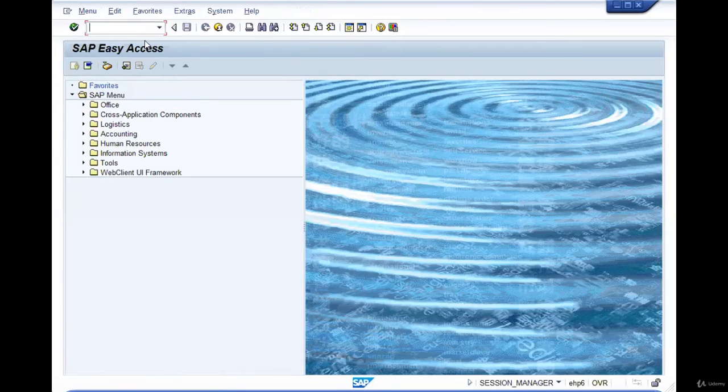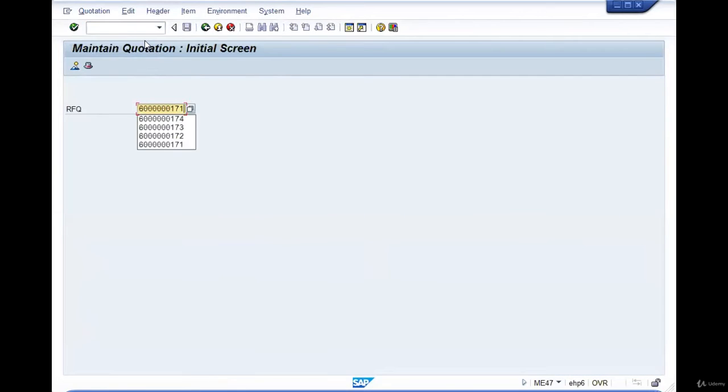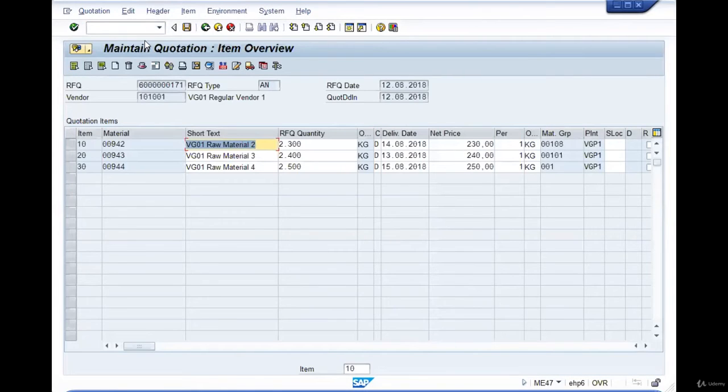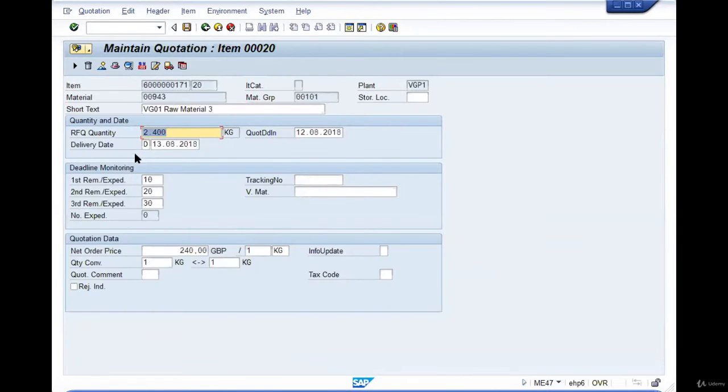Once you're done, if you want to make changes, you go to MA47, enter the document number, and make the necessary changes. Now, when maintaining the quotation, one interesting aspect is the value in the quotation can be automatically updated in the info record. So for that, double click on that material number to go to the item details.